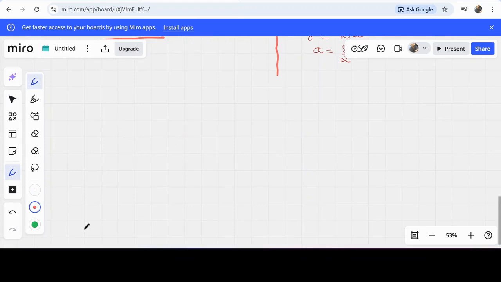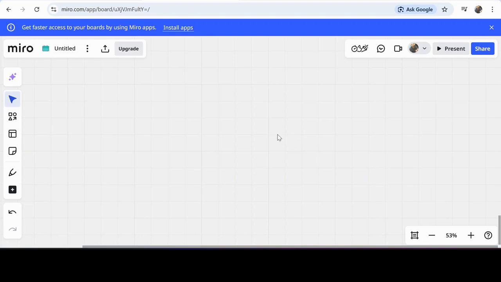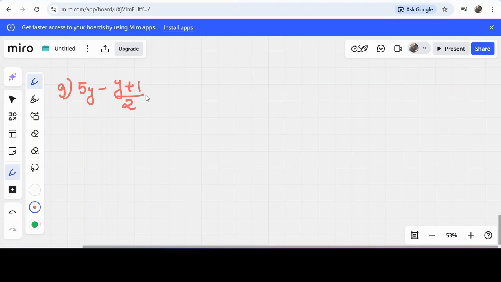The question is, so many have the doubt in the last two questions, G and H. We will do that carefully. Actually there is a method we have to adopt in that type of questions, otherwise many will get different answers. Okay, so I'll write the question number G, 5y minus y plus 1 whole divided by 2, which is equal to y minus 1 divided by 4 plus